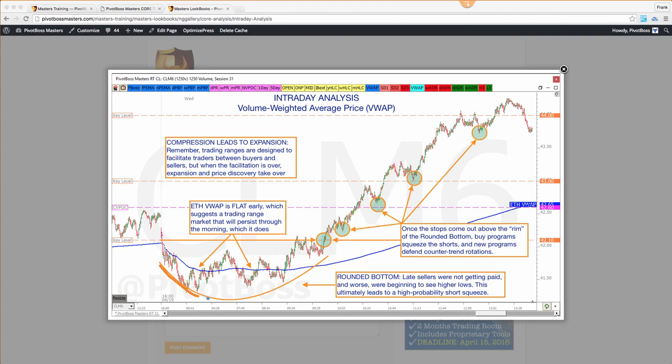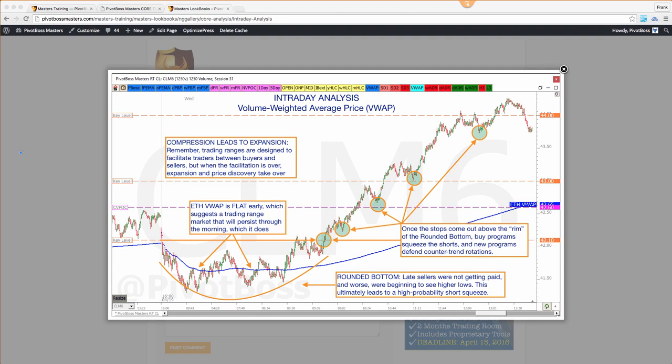And especially when you have this rounded bottom, this is a pattern that you need to be watching for each and every time. It doesn't always form, but you know when it forms. It takes some time to develop, but in the time that it takes to develop this pattern, it's building the energy necessary for this type of move, right? It's the mini accumulation phase ahead of the markup phase.